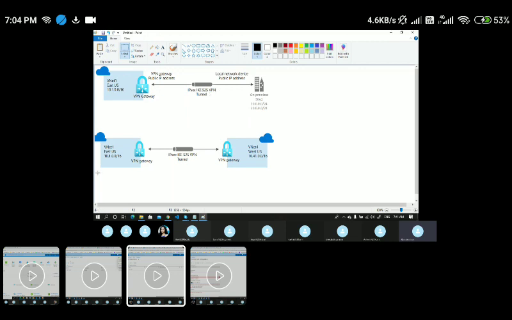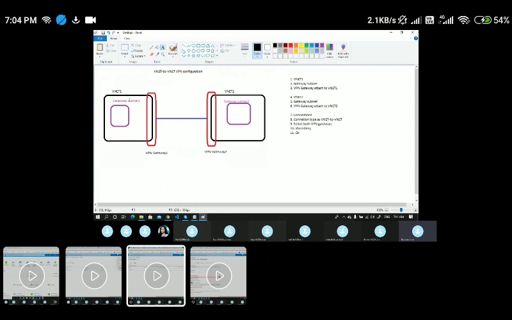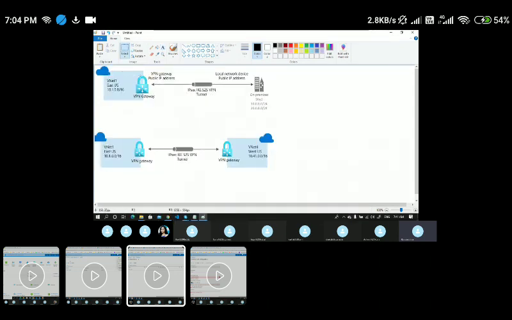If you think at the Azure level, we are performing the same thing for both VNet to VNet and site to site. First we get a VNet, and we perform the same thing on Azure.